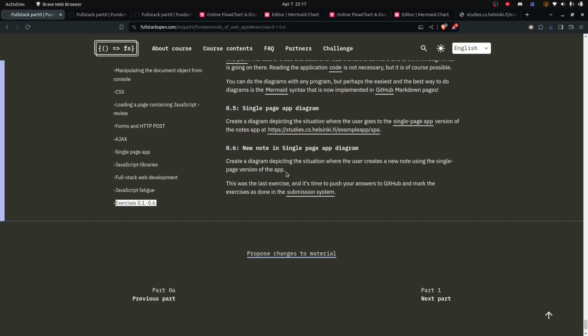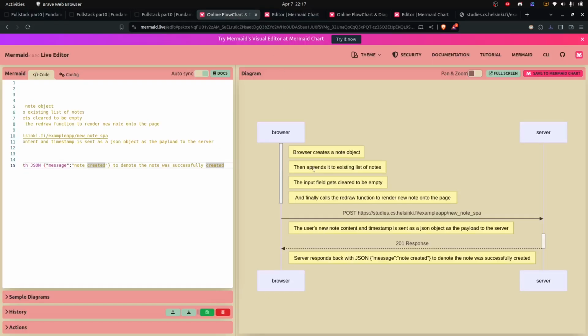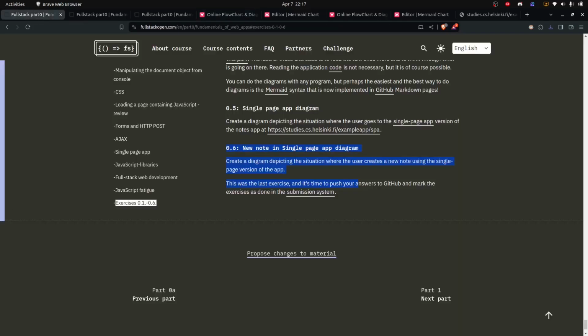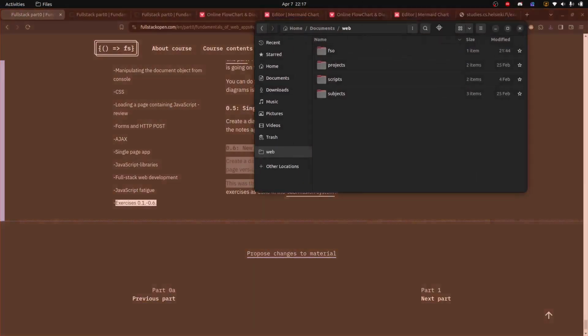Okay, I think I actually got it mixed up. We should have done this. I created the diagram for 0.6. Sorry about that. So this is actually the answer to 0.6. We'll go back and